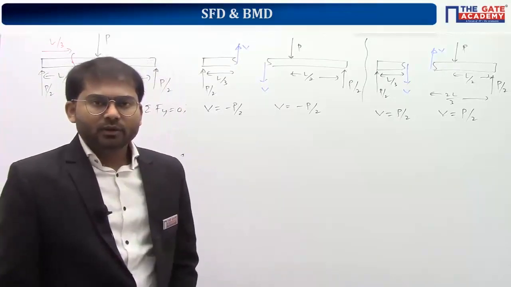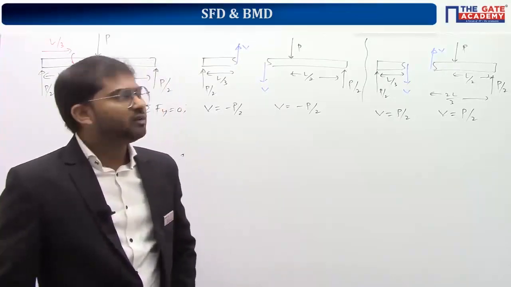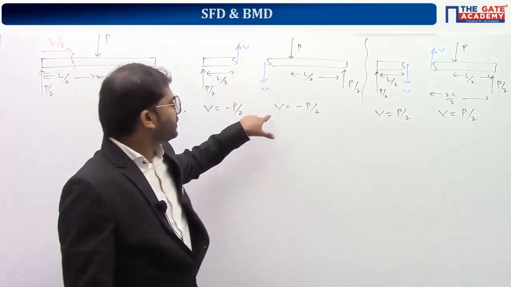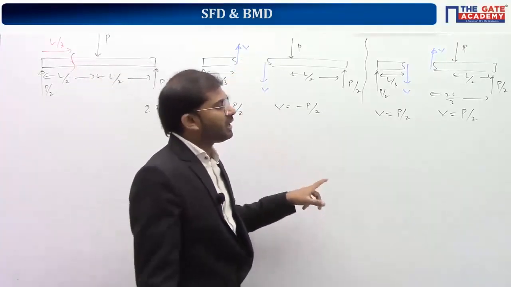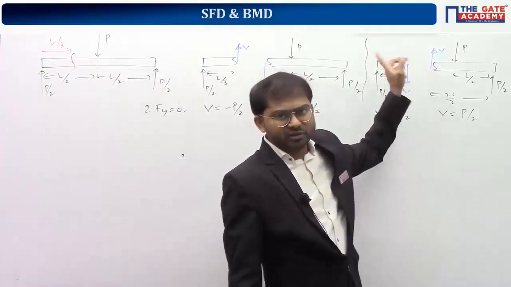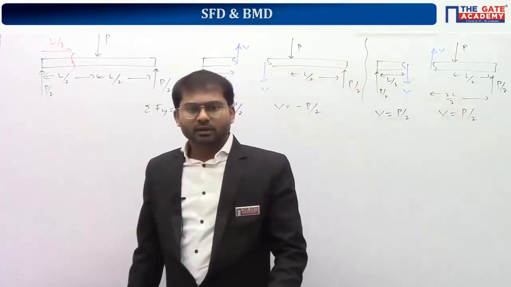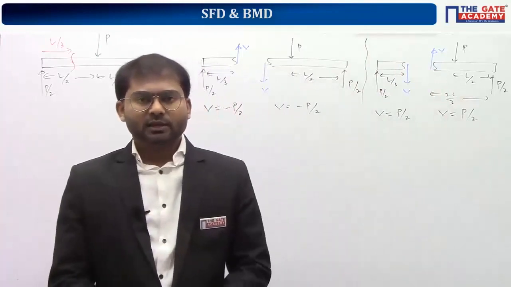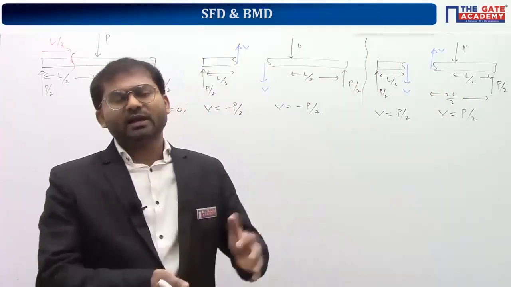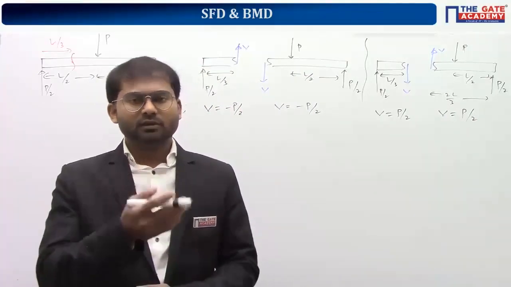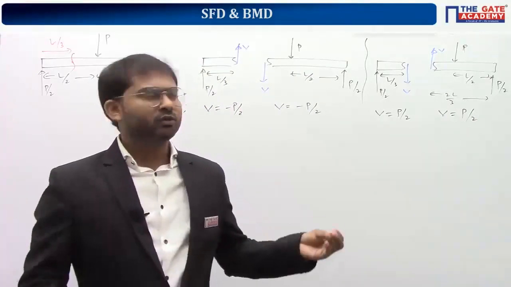Now when you are dealing with V upside, V downside, we are getting shear force with some sign. And when you are taking V downside upside, the reverse of the previous case, you are getting shear force with opposite sign. That's the problem here. Understand? Let's go ahead and calculate the value of bending moment, and then again look into this problem here.